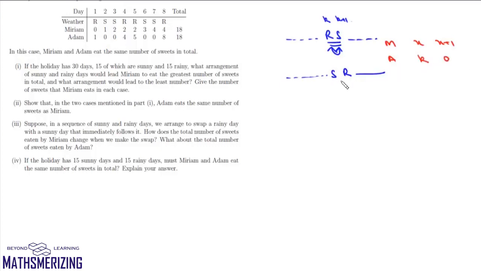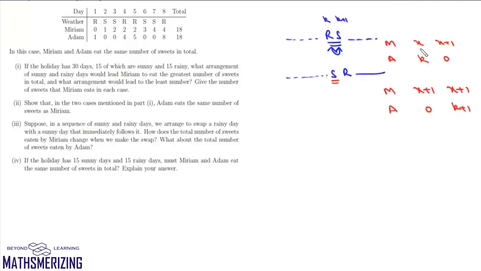Now if we swap S and R, in that case, the number of sweets received by Miriam will now be X plus 1 followed by X plus 1, and here the number of sweets received by Adam will be 0 on the first day and then K plus 1 on this second